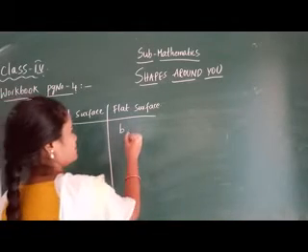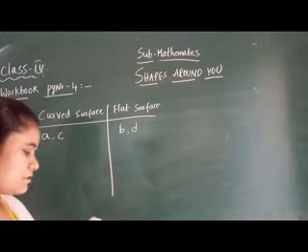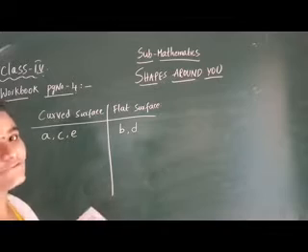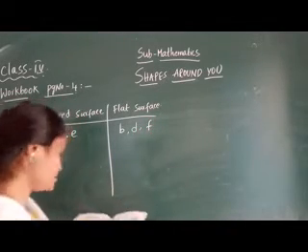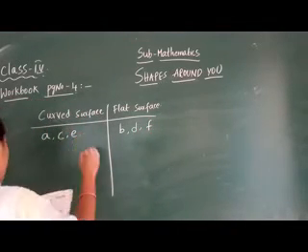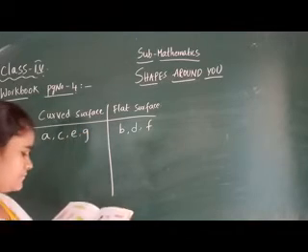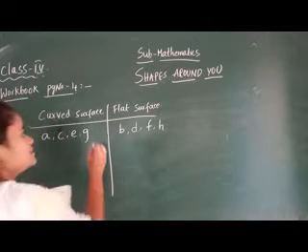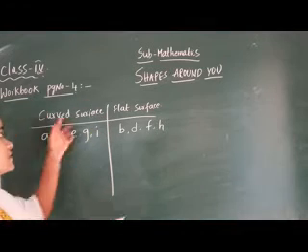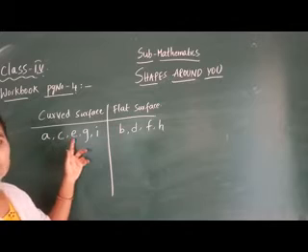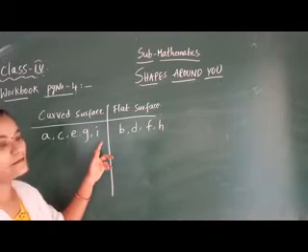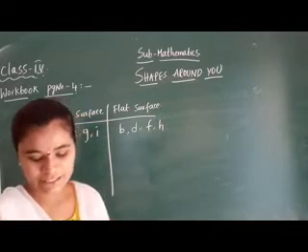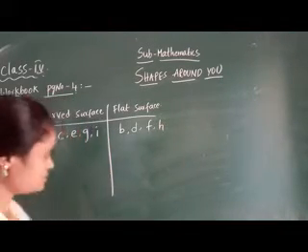Money is flat surface, D. That one tissue roller, E, curved surface. Cell phone, flat surface. That cooling bottle, curved surface, G. Gold, that one also flat, H. Birthday cap is curved surface. See, in curved surface: A, C, E, G, I. In flat surface: B, D, F, H. Okay? Next one.